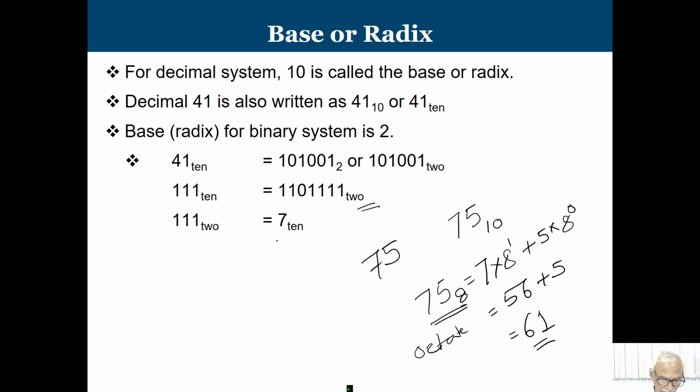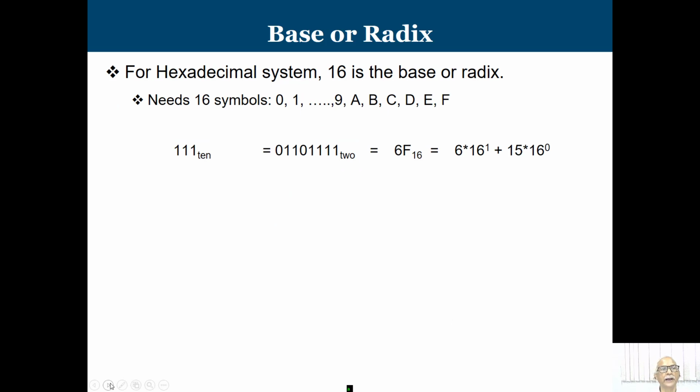So, these are very simple and you might already know all those issues. Now, we have another number system, known as the hexadecimal number system, and all of you know about it. When we talk about the hexadecimal number system, it has base 16. When we work with a base 16 system, or radix 16 system, we need 16 different symbols. The number of symbols required in a number system is equal to the base of the system.